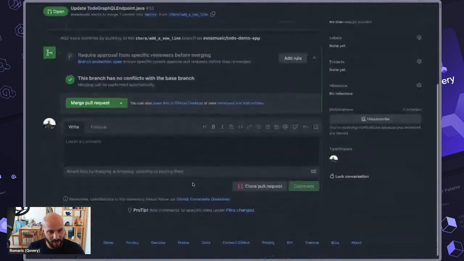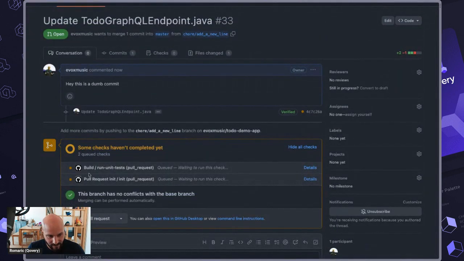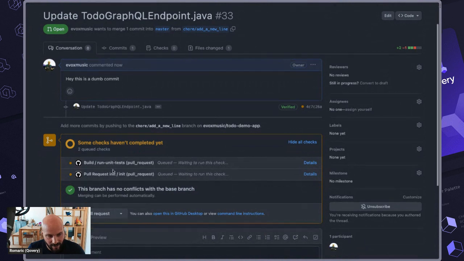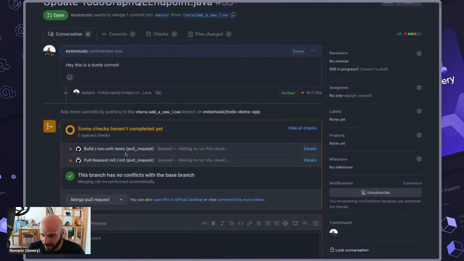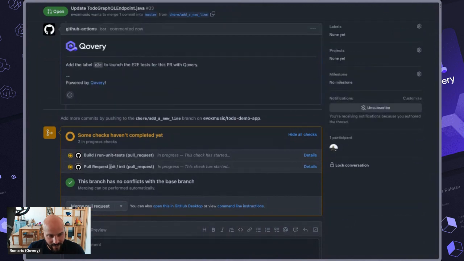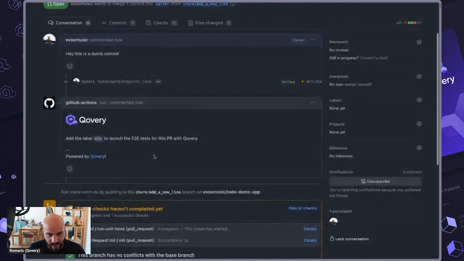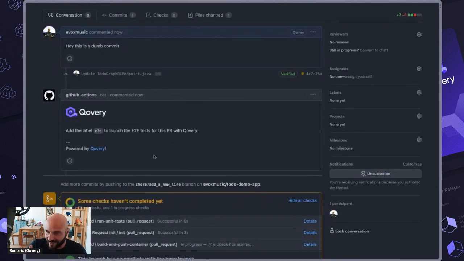What's going to happen here? So first, you see, we have two workflows that are executed. Those are GitHub workflows. We have the init workflow, and we have the build workflow that is executed. So we build the image, and we are going to push this container image inside the container registry. We have also the unit test job that is executed, but this one is actually empty,